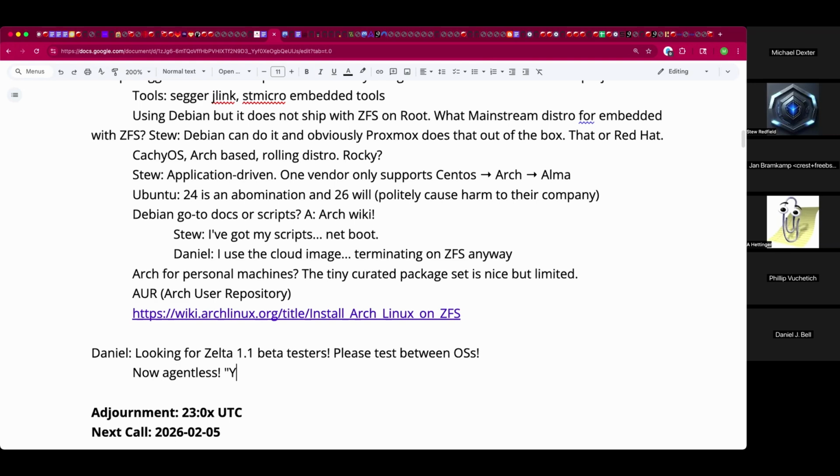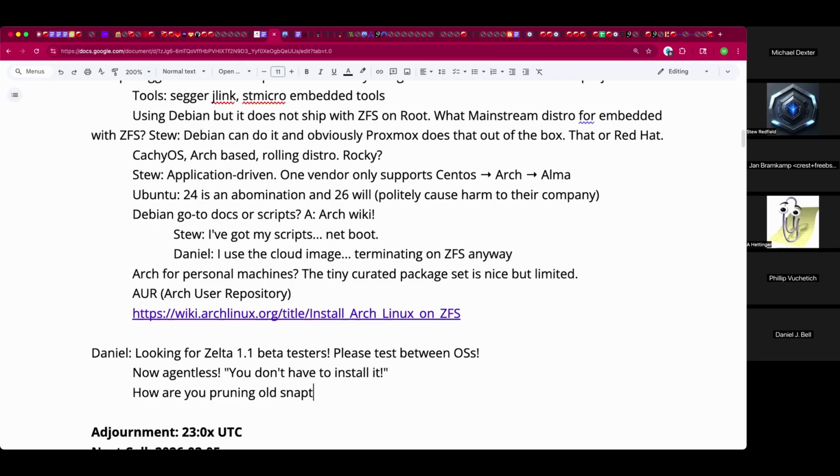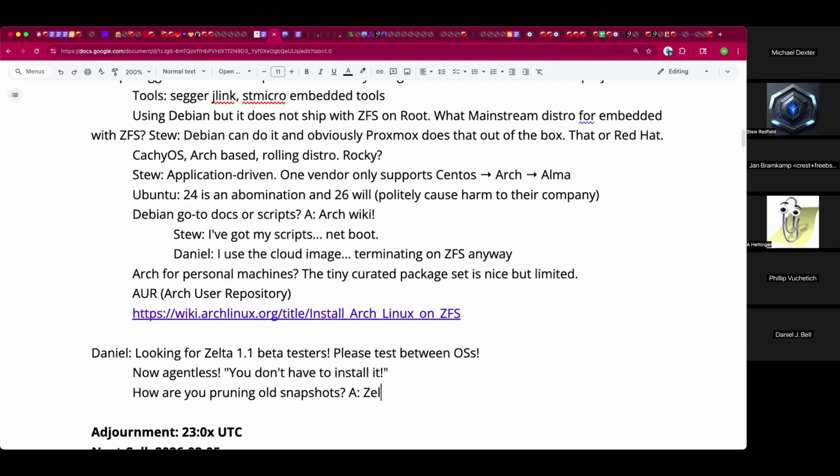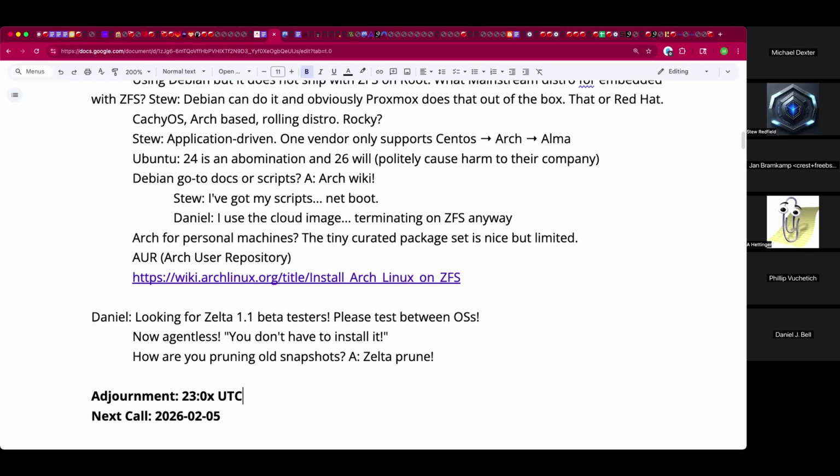Using Zelta, what would you recommend to use to thin out old snapshots? This is everybody's favorite question. Zelta Prune is a new feature that identifies a retention policy based on its relationship with actual live backups. So you cannot delete anything that does not exist elsewhere. Obviously, we need another tool to then thin your backup server,